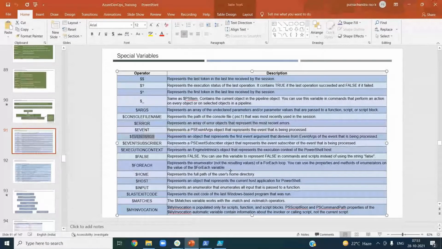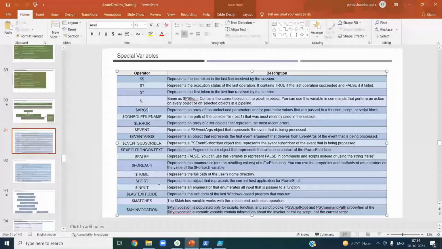I have given a description here as well. Please go ahead and read it. It will help you when I'm going to use all these things in my script basically. Okay, but simply what you can understand, these are the special variables. It will help you in your logic in your script basically. Okay, all these special variables.